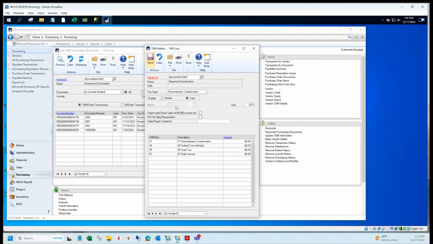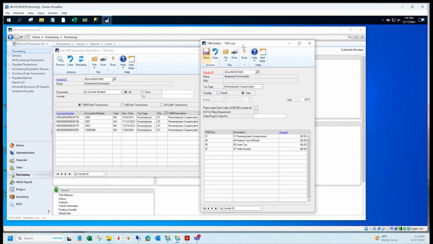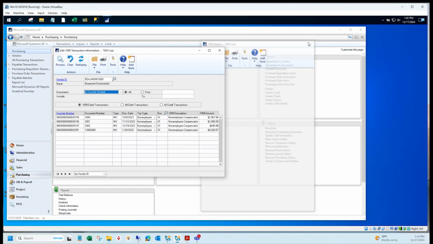Maybe I need to reconcile. I'm not sure. Anyway, it's a test company, but it's not showing the transactions that I want to see. I would expect them to be here, but I'm not seeing it. Maybe I need to run the reconcile to have this screen populated. Anyway,